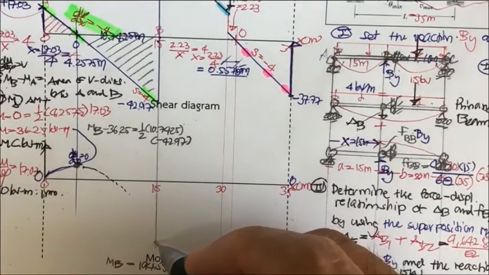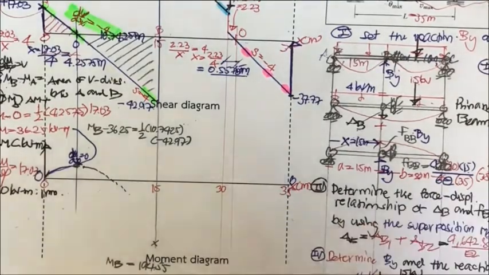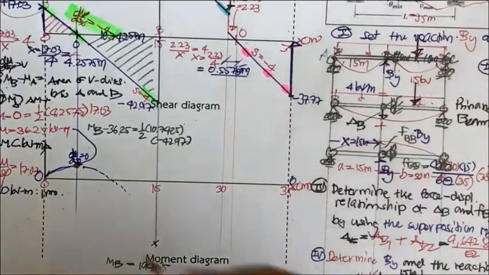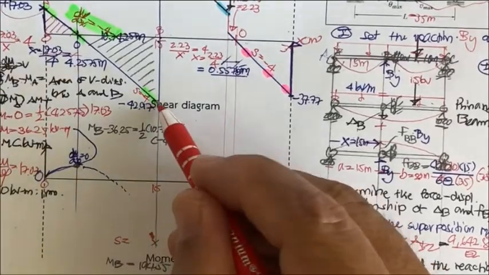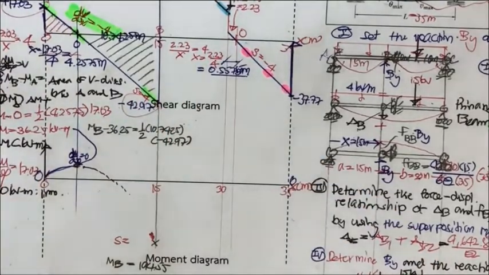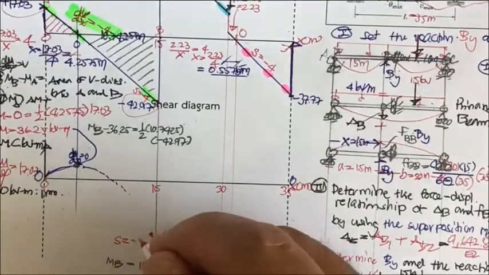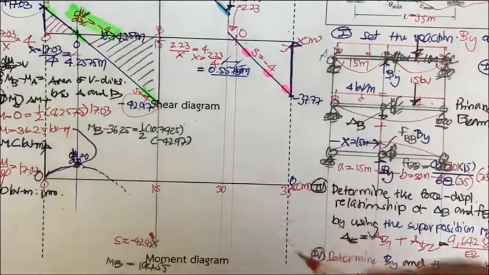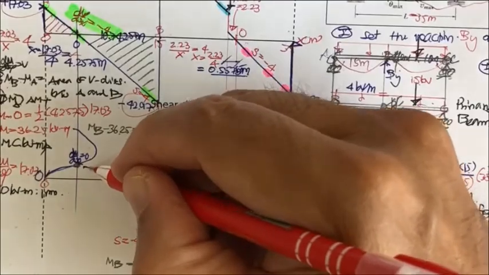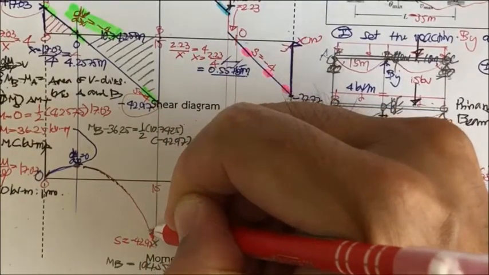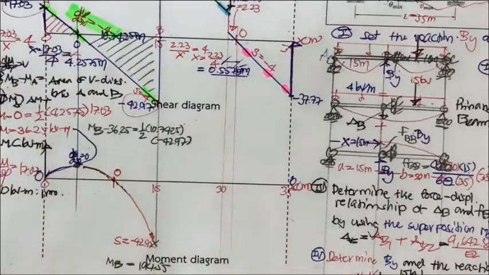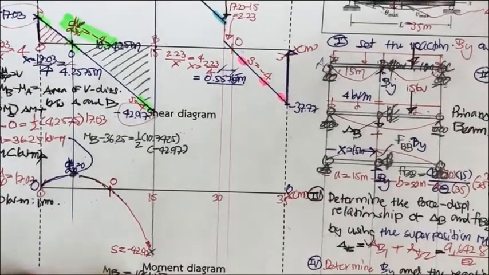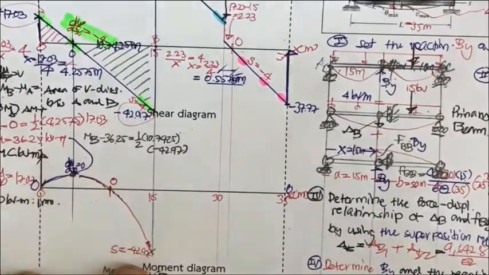Okay, so about here, and you have the slope here. The s over here is going to be this one, minus 42.97, and then your curve is going to be something like this, and this is going to be the point of 0 moment. We can determine it later. Now this is the slope of this,